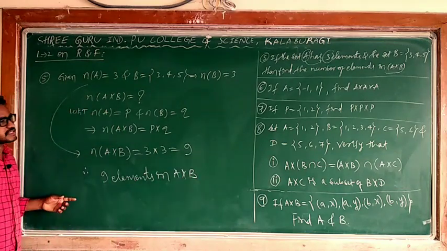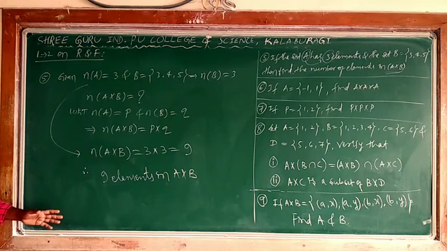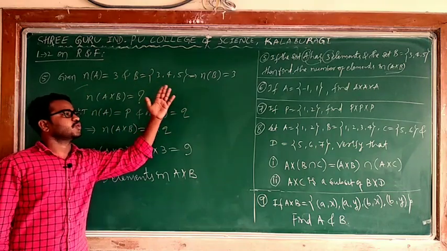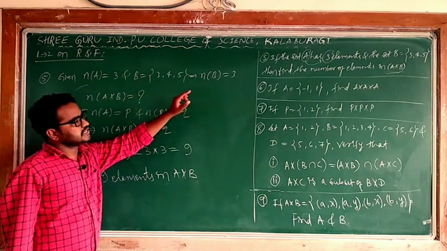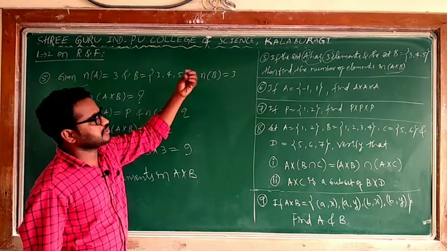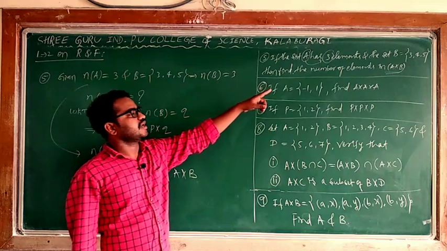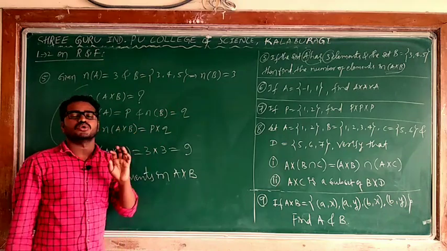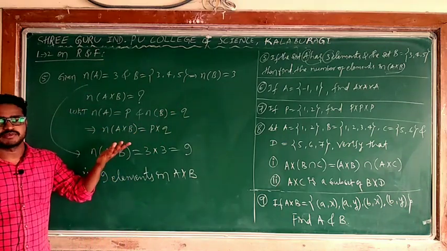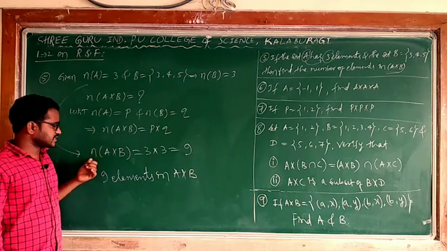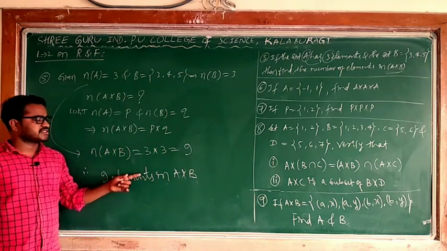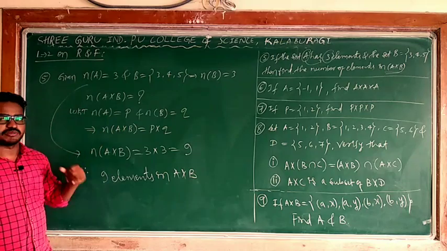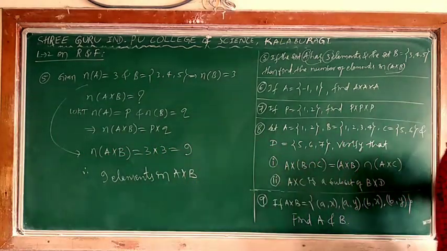Okay, I think it is clear. He is asking when set A has 3 elements and set B has 3 elements. He said only 3 elements. It may be any elements, don't worry about that. It may be 1, 2, 3 or whatever. When you are finding the number of elements of A cross B, you should know how many elements are present in A and how many in B, so that you can say PQ, 3 into 3 is 9. So there are 9 elements in A cross B, meaning 9 ordered pairs in A cross B. Okay, this is the first one. Copy that.